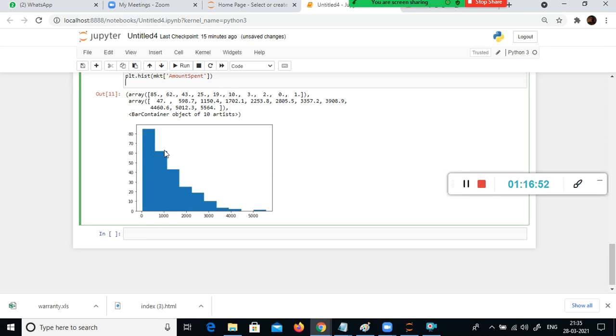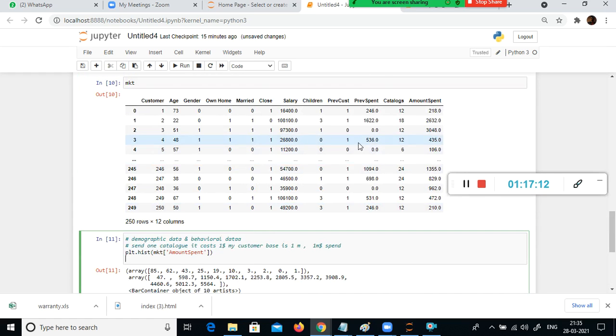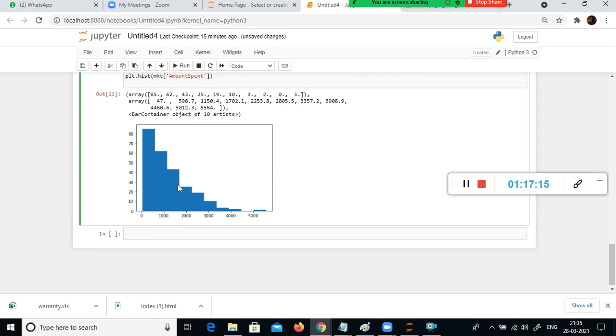Between 60 to 80 customers purchased it. But how many customers spent more than 3,500? Hardly few, right? If you draw a line here, probably 2 or 3. So with this data, we could understand that above 2,000 the spend is less in our retail shop. The spend is not that good, right?